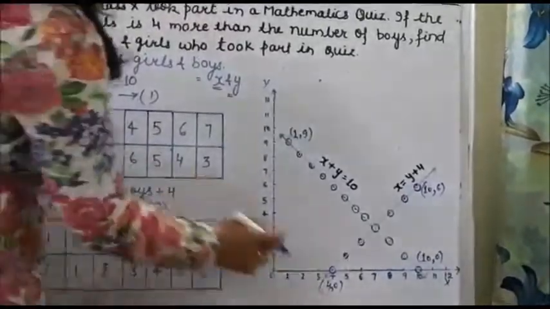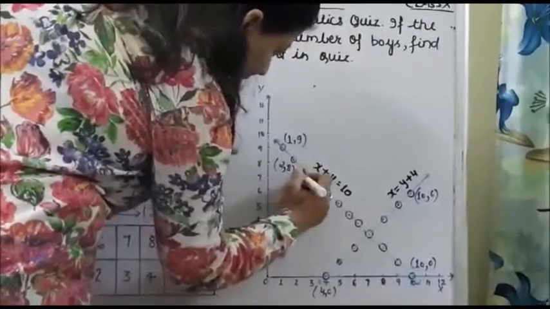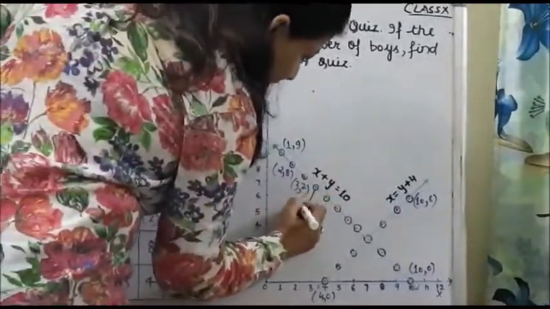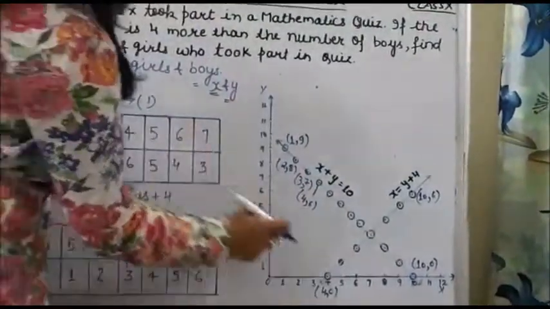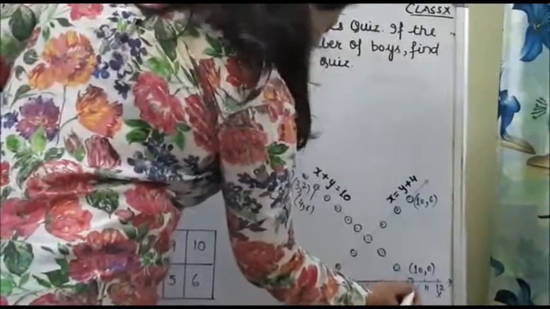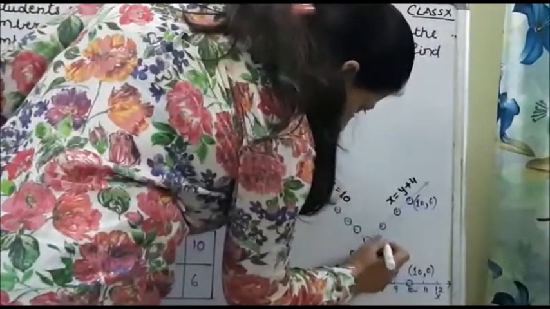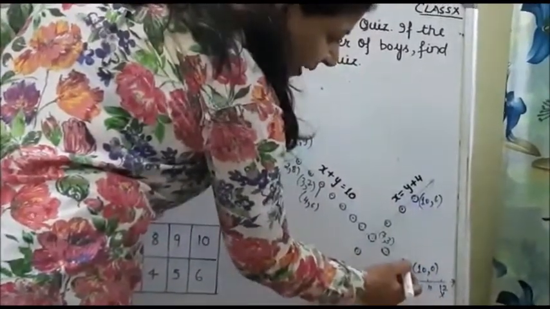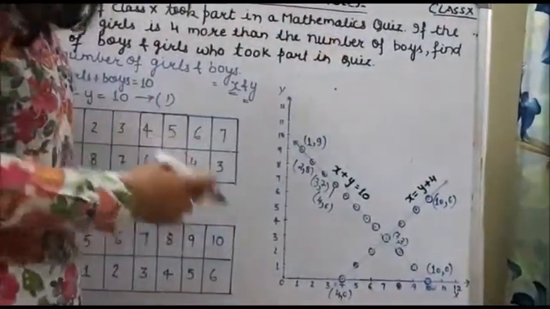Simultaneously 3, 7. X axis 3 and 7. So you can write like this also. 3, 7. Now 4, 6. This is 4, 6. Similarly, I plotted different points, and my last point 7, 3. You can take 10, 0, and you have taken 7, 3. Similarly, when x is equal to 10, then y is equal to 0. When x is equal to 9, then y is equal to 1. When x is equal to 8, then y is equal to 2. Now, this is my first line.